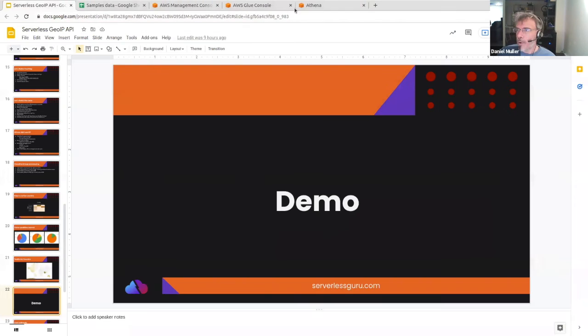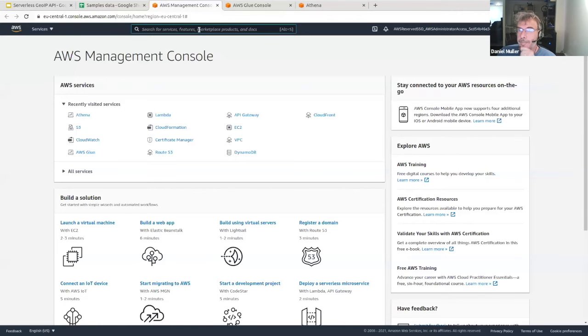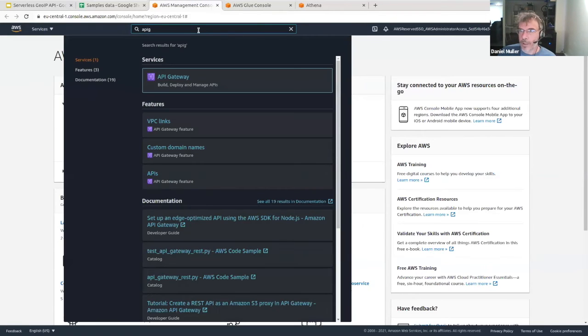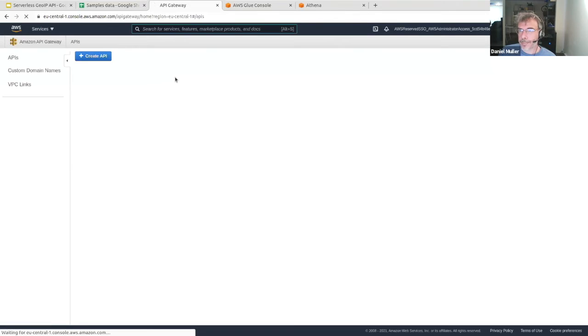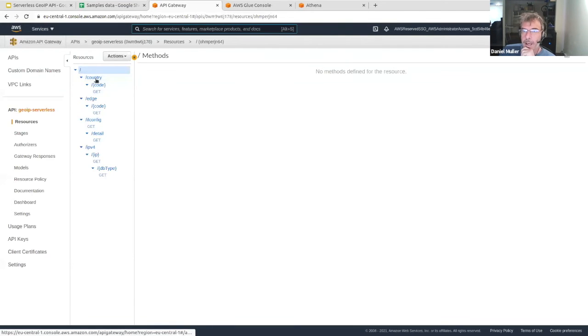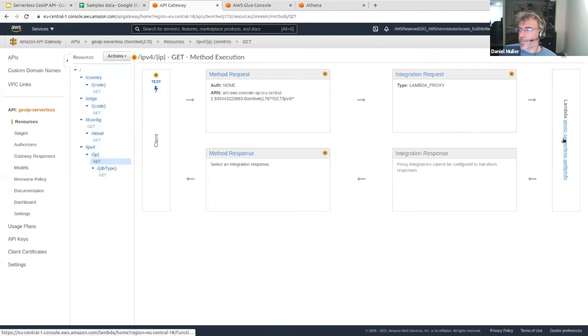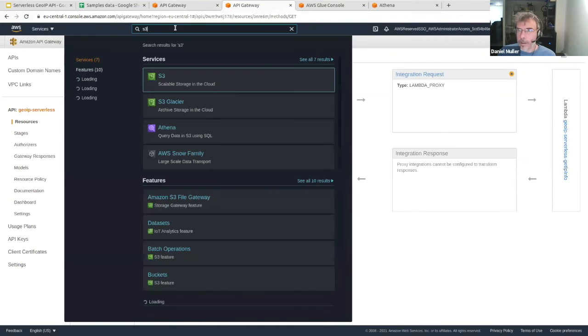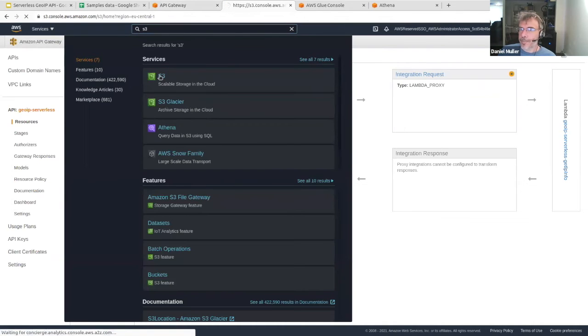So I have a little demo that we will try. I hope it works. I already deployed it, because with CloudFront it always takes so much time to deploy. But just to show you, I have an API Gateway. I have my endpoints here. You see IPv4, the IP, and the DB type, which will all trigger a Lambda function. And just to show you that the data really exists,